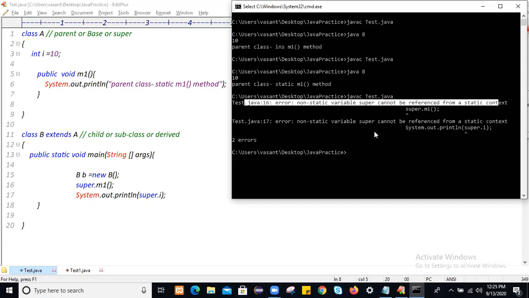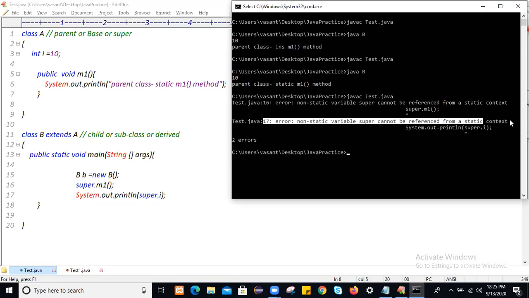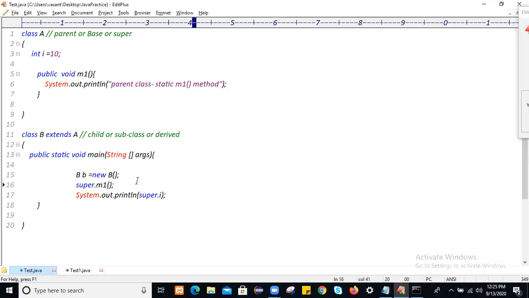The meaning of this is that you can't access non-static members, like instance members of the class, directly in a static context. You will get a compilation error.